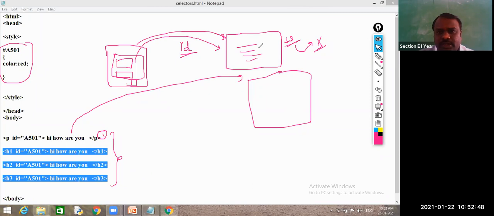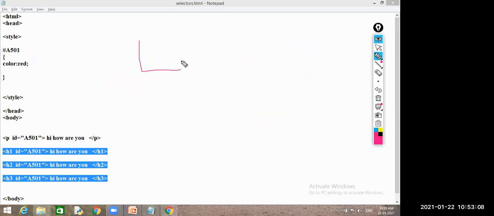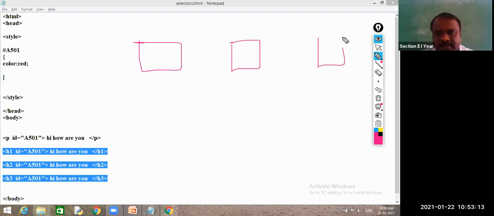Here you have roll numbers. See, wait guys. Every student has their own roll number. So this is A section, this is B section, this is C section.